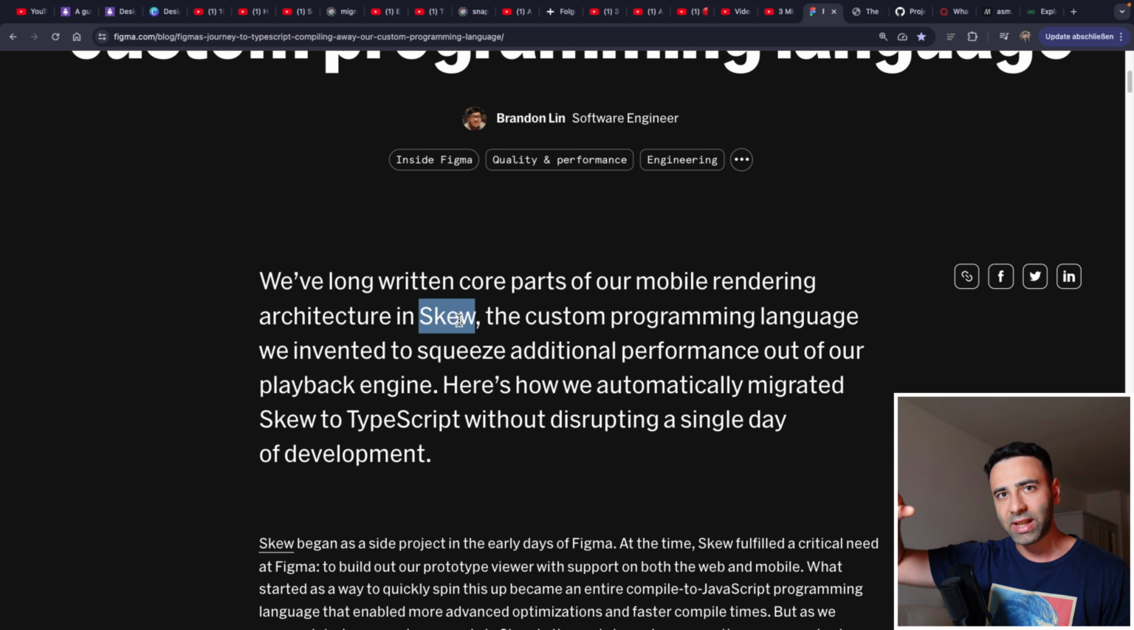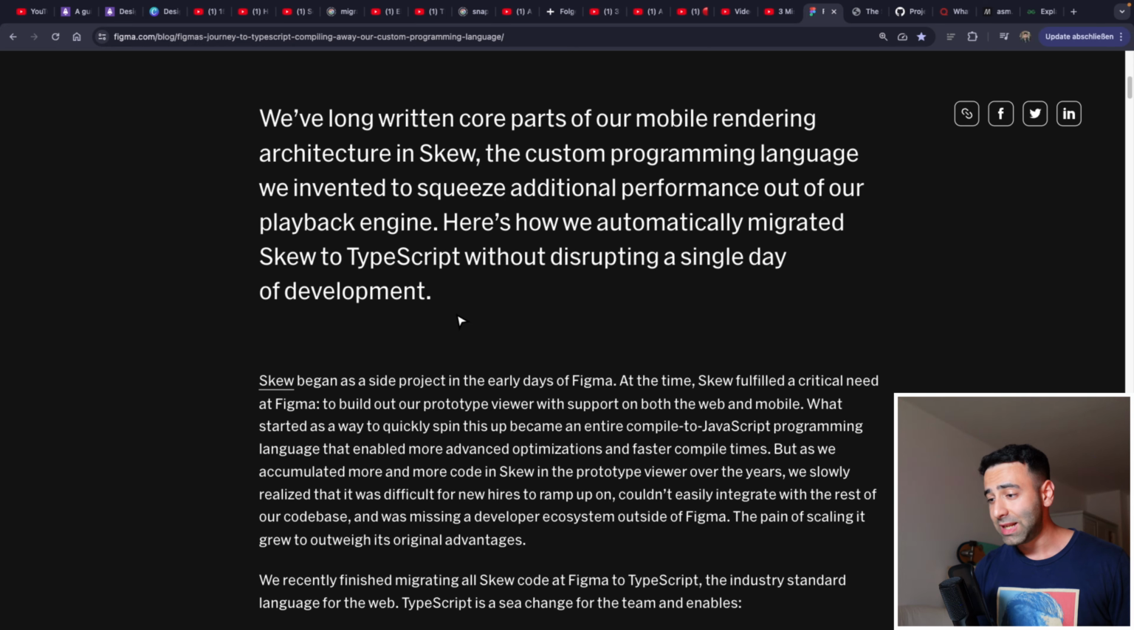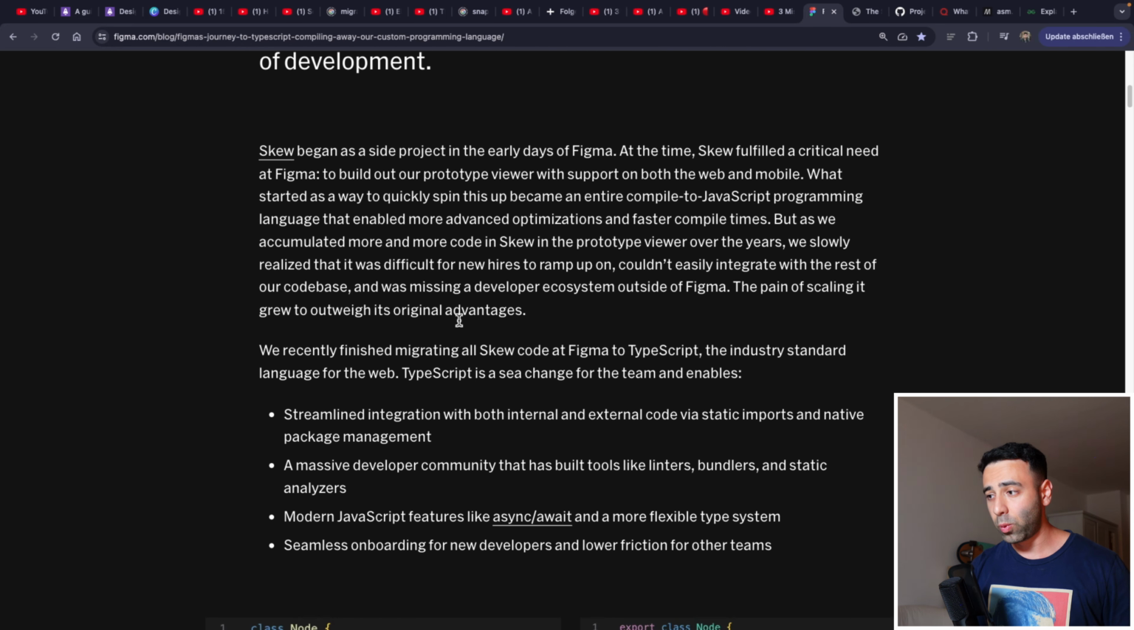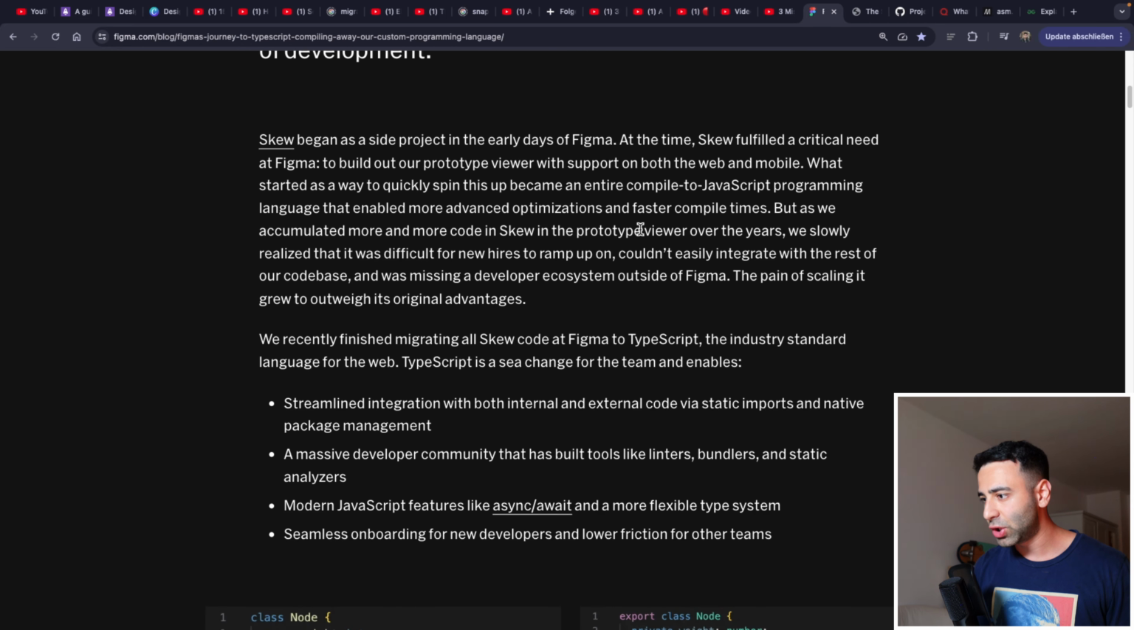So imagine React Native. It's just that React Native is not for Android or iOS devices, but it's a language that at the same time works for the web and the mobile devices as well. Now, I'm not sure which devices they were supporting back then when they were using Skew. Spoiler alert, they're no longer using it. So let's start. Skew, as I told you, was started at Figma as a side project, and they realized that